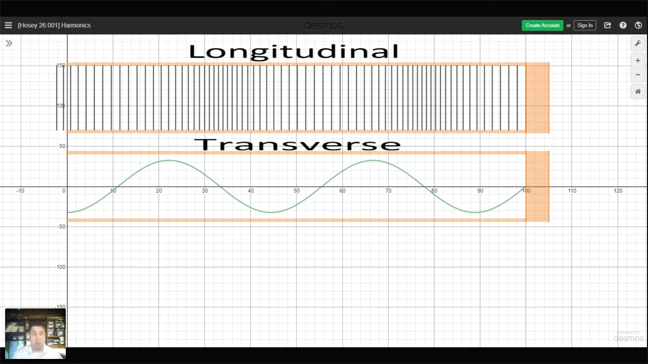It's not the whole thing that travels, it's just the energy that travels through it. It's a disturbance going through there. All right. So that being said, let's go back to some